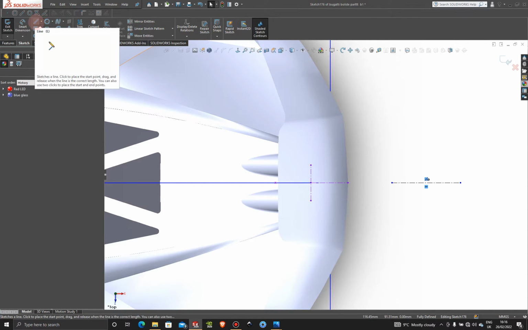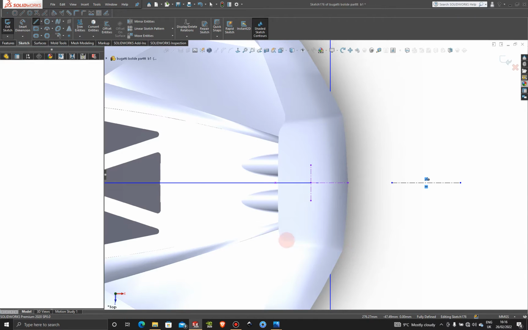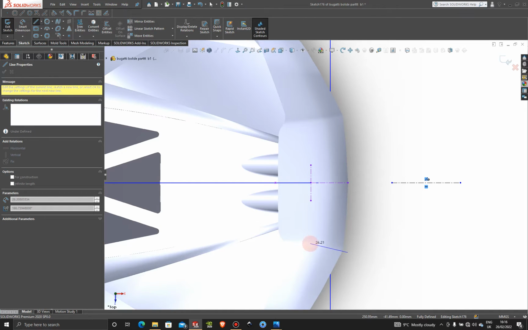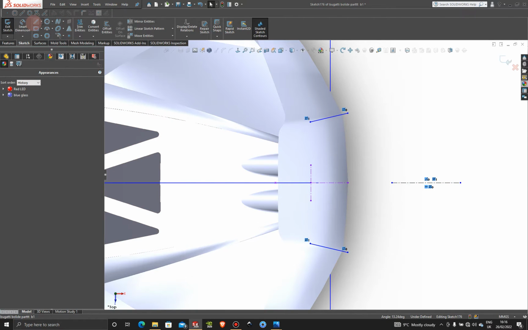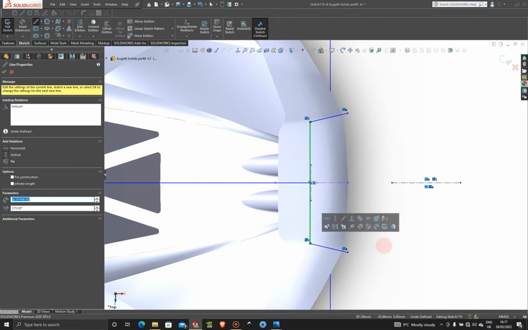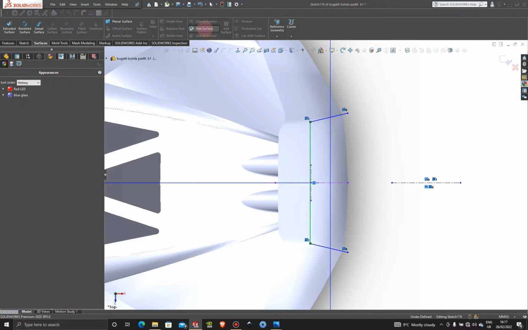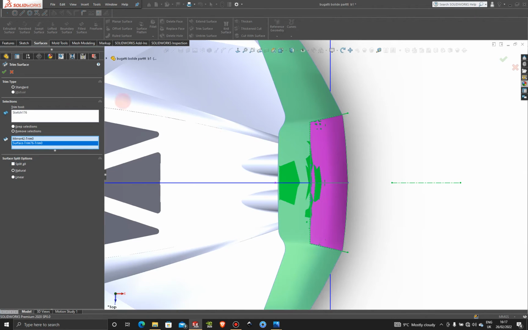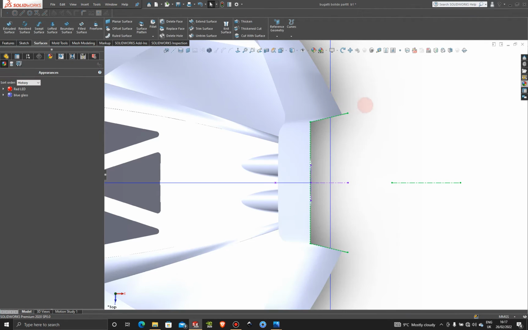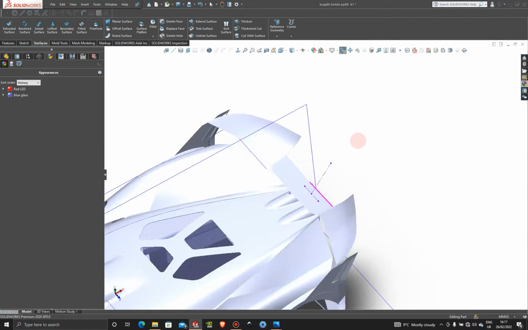Okay, and then let's grab a line and just cut all the way into here like that. And then let's mirror this line over the center line here. And then we're just going to make a straight line between these two points. And let's go to surfaces and trim out this section here. Okay, so now that we trim that section out,